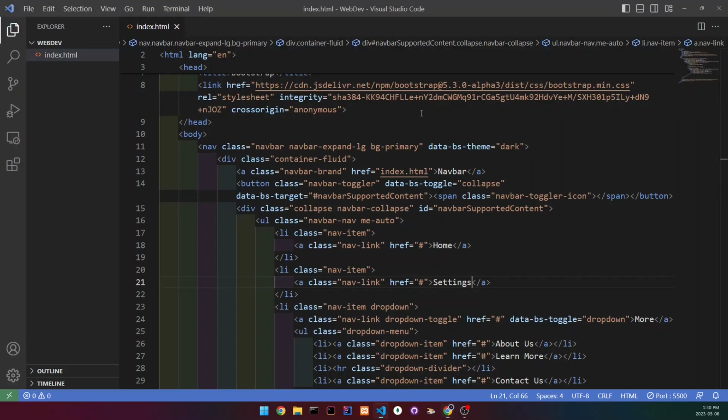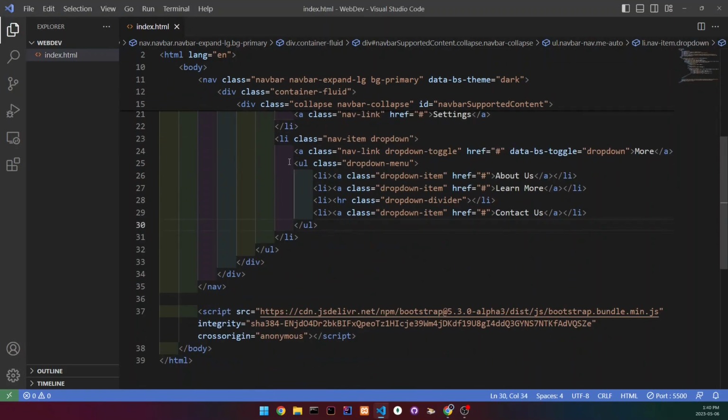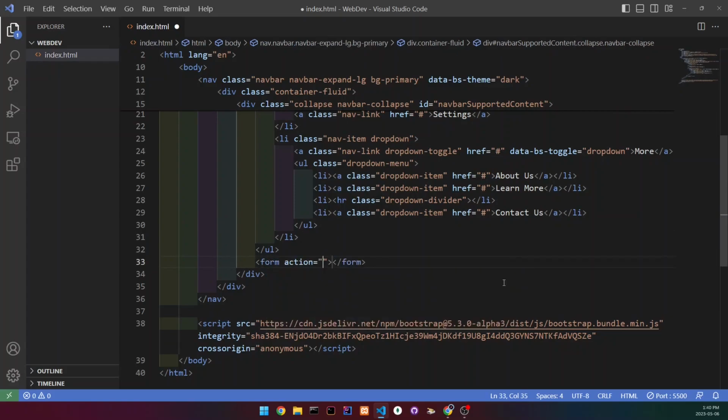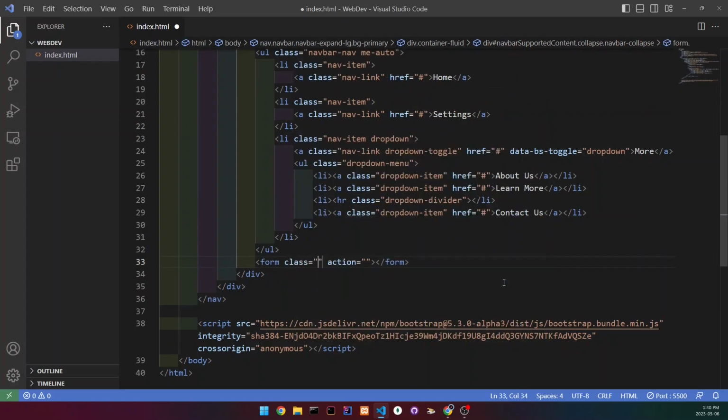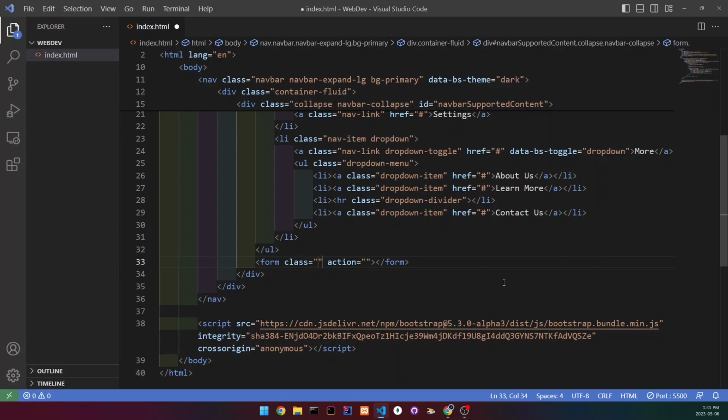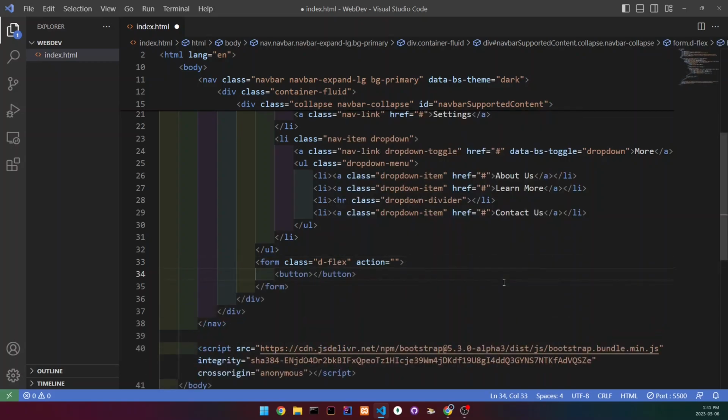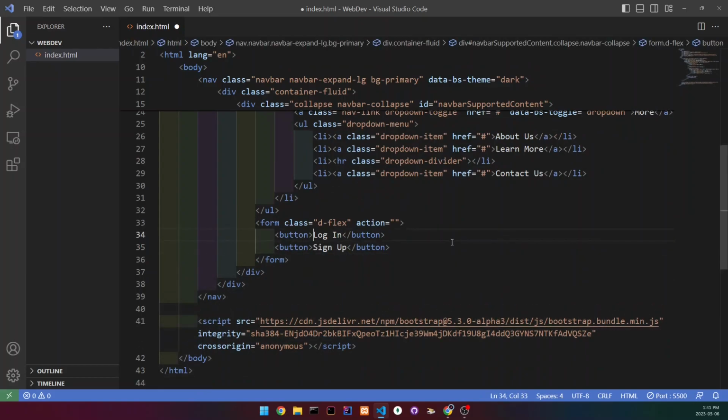So I would create a navbar like this, and let's say that this was the home page and the user wasn't logged in. So what I would do is go back here, create the form. I shouldn't have deleted it, but it's fine. So this was display flex. I would create 2 buttons, so something like login and then sign up, and then different classes, so btn and then btn-outline. Let's set this one to danger, set this one to primary,